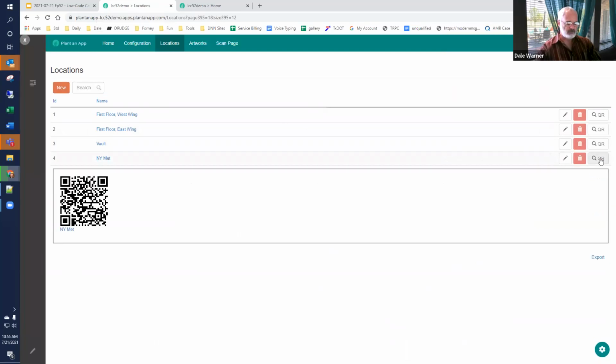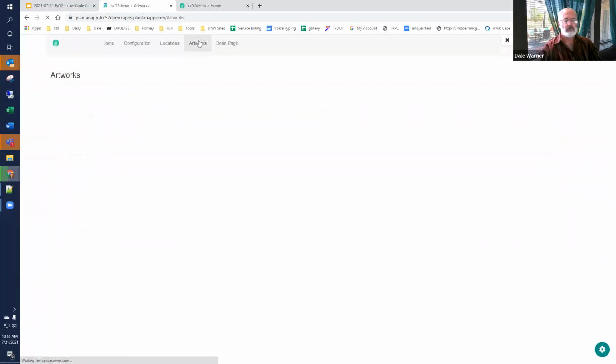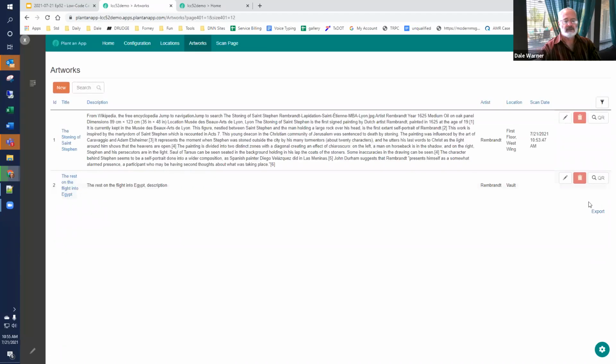But I am going to use my camera to scan a location, because I'm going to scan that we're loaning this piece out to the New York Met. And so we'll open that up, and on my screen it says the location name is New York Met. And then if we look at our artworks, and now I'm standing next to the artwork, and I'm going to scan the back of it,